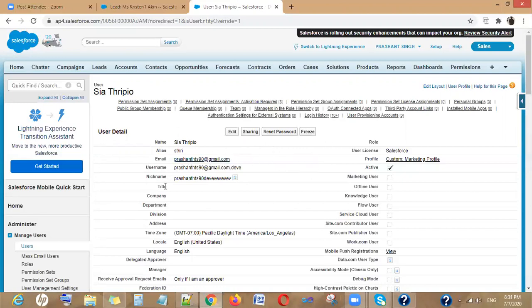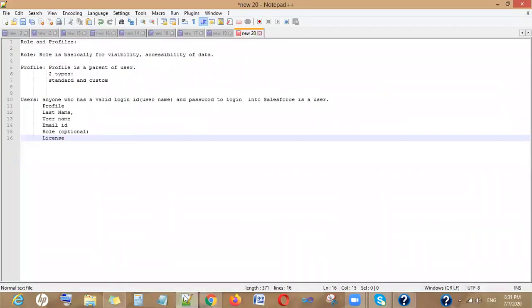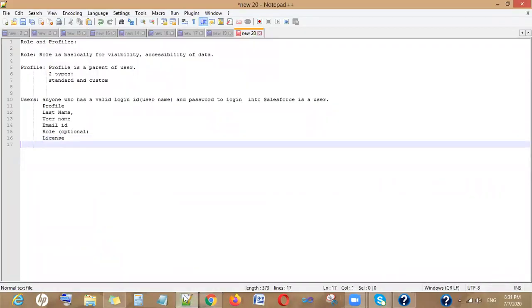Now there are two important terms: freeze and deactivate. In Salesforce, you don't have any option to delete the user.